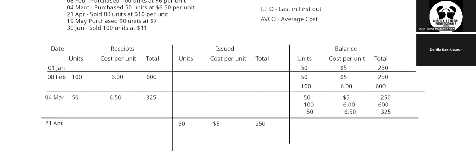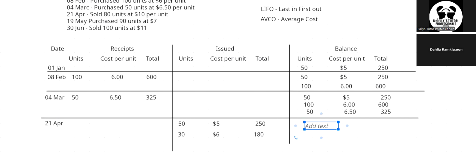The 100 is at how much per unit? The $6, right? You see that? The 100 at $6 per unit. Yeah. Right. So now my balance, I just sold this first 50, so that 50 is gone. And I sold 30 from the 100. So how much do I remain with from the 100? 70. 70 units